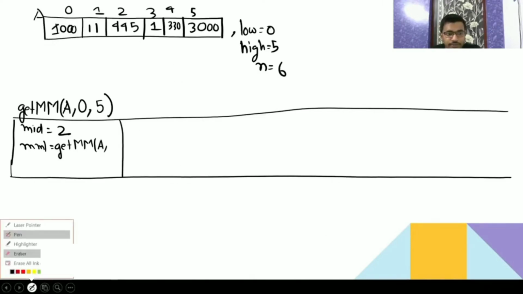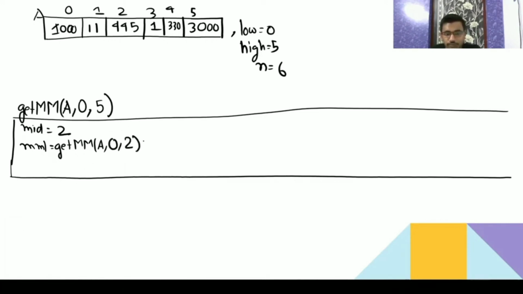So low is 0, mid is 2. So this function call will happen now. I have first divided into two halves, 0 to 2, and then array, then 0.